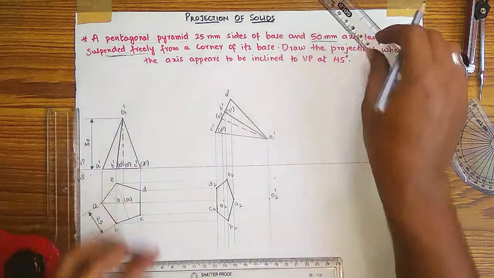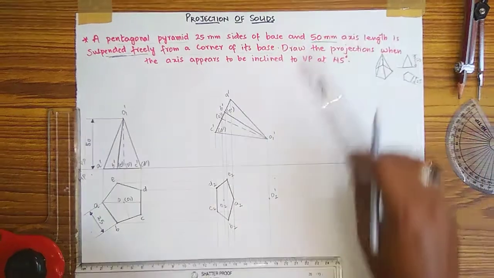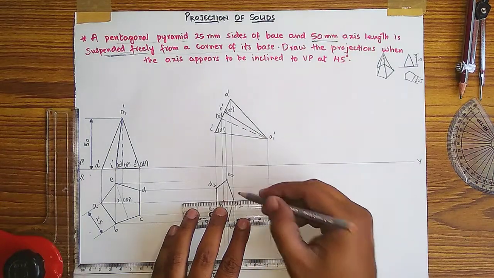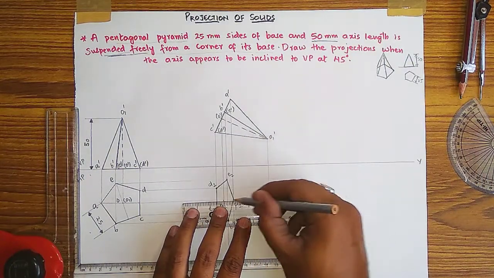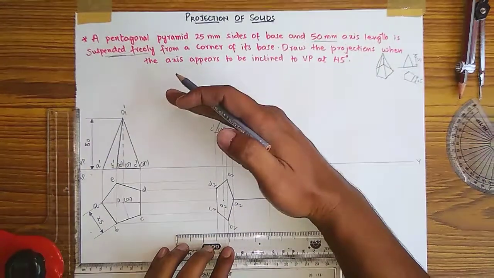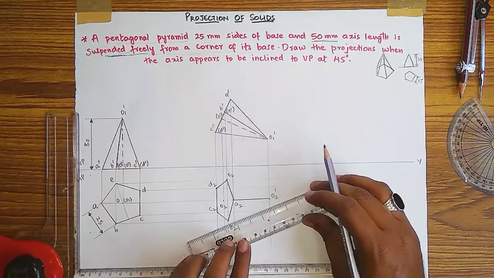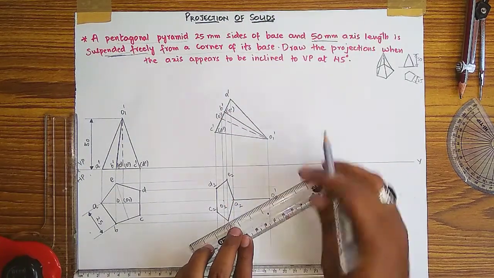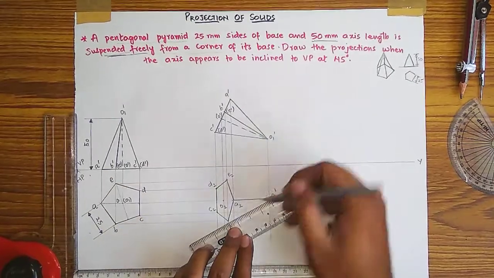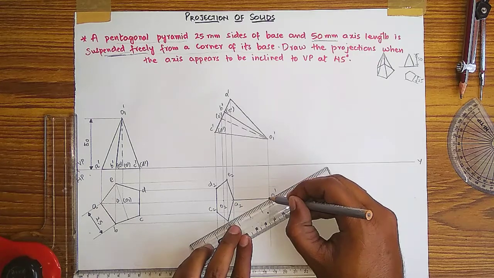Now you have to see this line A to O. This line is visible from the top, so you have to do A to O dark. It is visible, so we are doing it dark. Now B to O is also visible from the top because half portion of the angle is visible from the top. Here in this figure it is also coming on the boundary. It is visible, you have to do it dark, and here in this figure it is coming on the boundary, you have to do it dark.